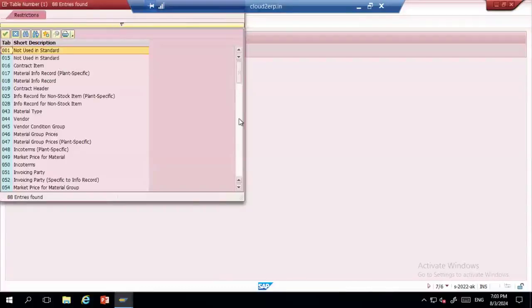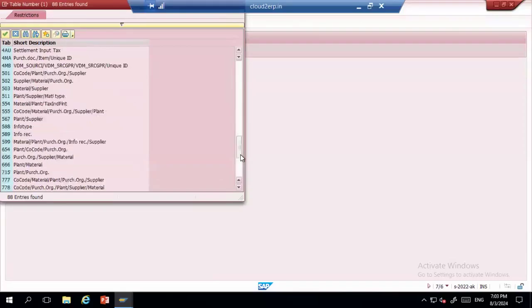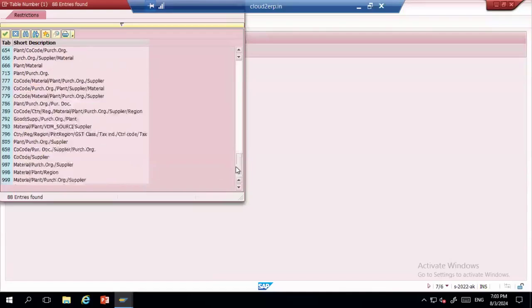If you want, you can use the same table, or if you want, you can create any other table. So for example, if I want to create a table for material and supplier, you can see if any one of the tables is matching your requirement. If not, you can create your own. So I have a combination here which is selected as material/supplier. Or if you want to go with the supplier, purchase organization, and the plant, you can use this. Or if you want to go with plant and material, then this. So all the combinations are already created. If you want any combination, you can create it.